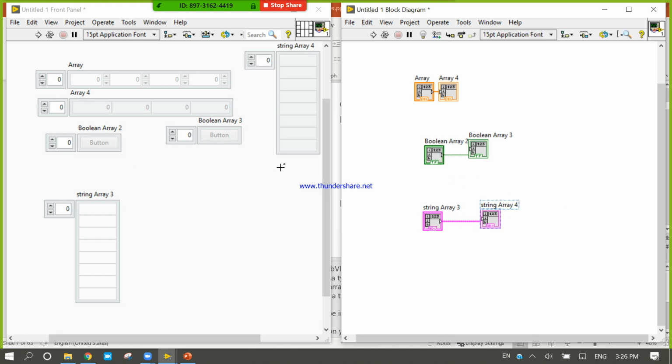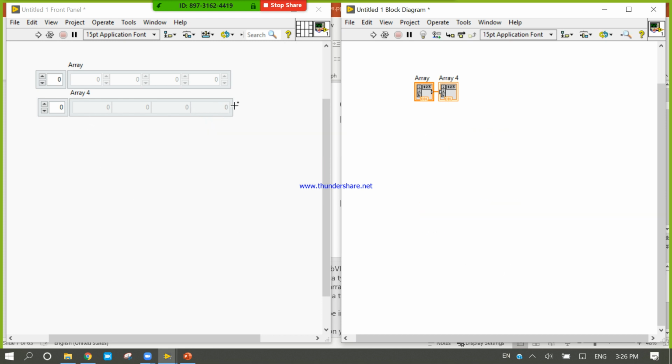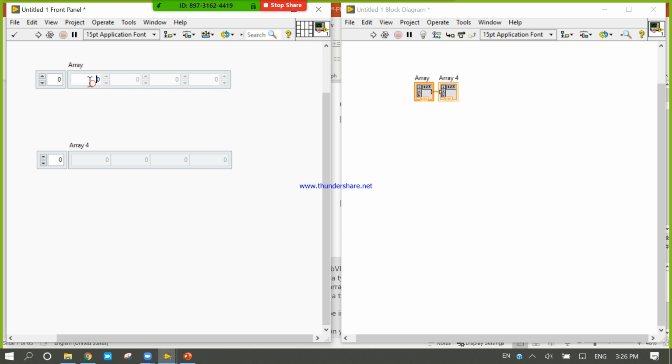Now we will convert this 1D array into a 2D array. How can we convert? Let's delete this and target only our numeric array. First check this one only. I am writing here 24, minus 87, sorry, minus 89.